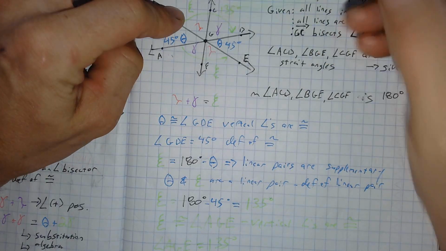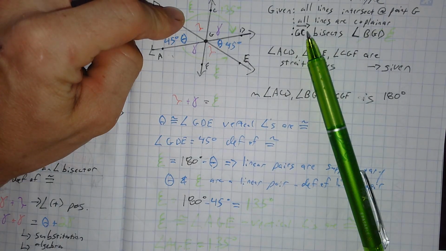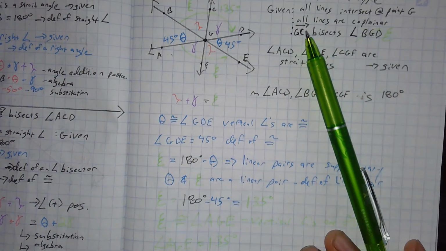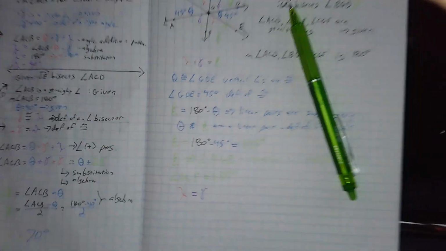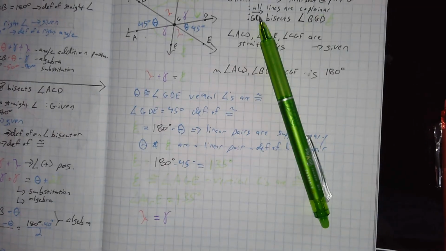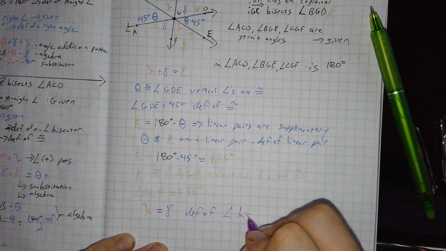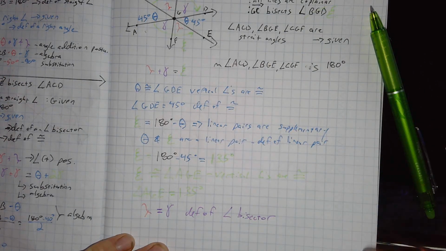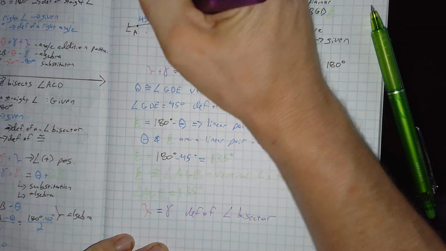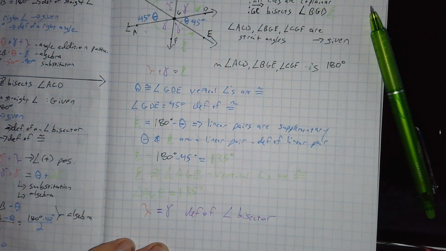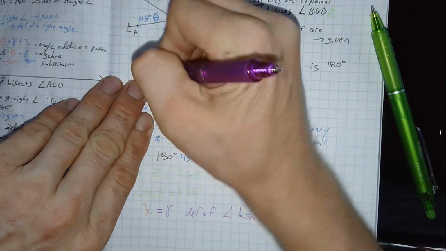Okay, so now I'm gonna go ahead and deduce. What does bisect mean? That means that gamma and lambda, so that's lambda, that they have the same angle. They're the same angle, right? Can't see what I'm doing. Let me zoom out some more. Those angles are the same, because that's the definition of an angle bisector, right? Okay, so now I'm just going to go ahead and get rid of my lambdas, and change them into gammas. Cool. So up here, I can change that into a gamma as well,